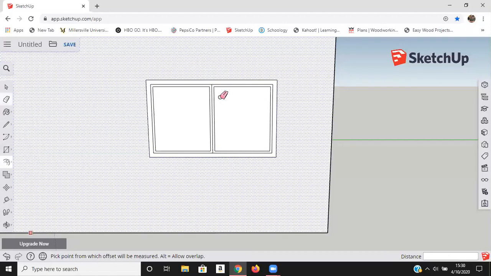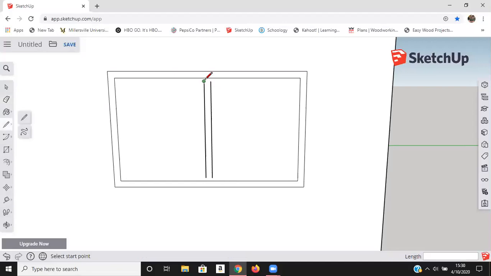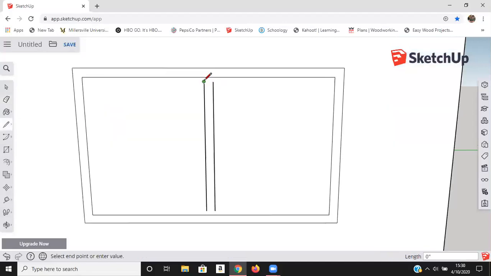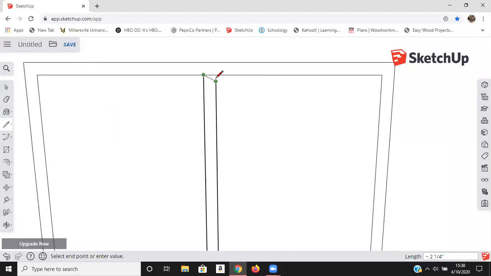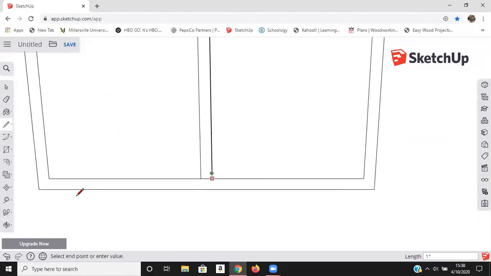So now when I erase these extra lines, and I connect these lines that are left to the frame, I now have a